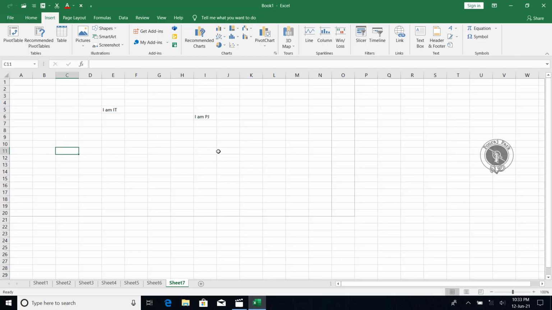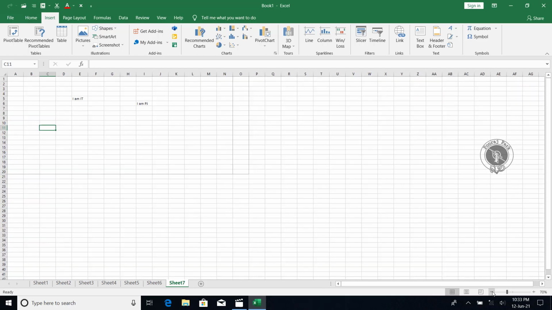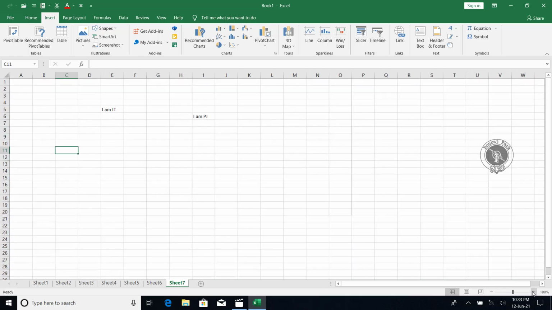And now the next thing you can see here is zoom. This is a zoom section, with plus or minus, shown here as zoom out and zoom in. As you know, minus will reduce the size, and plus will increase the size.